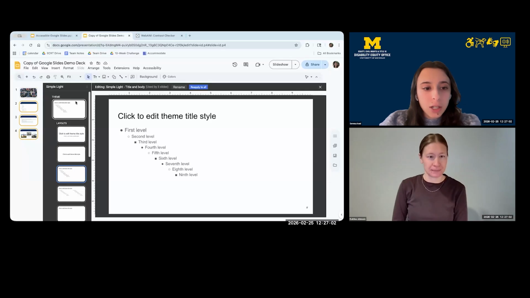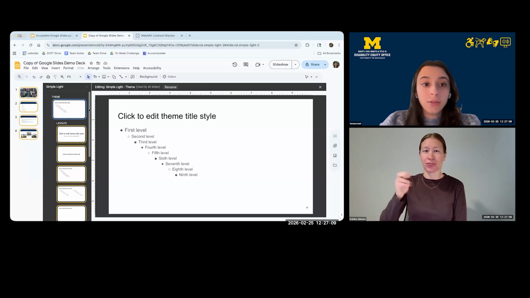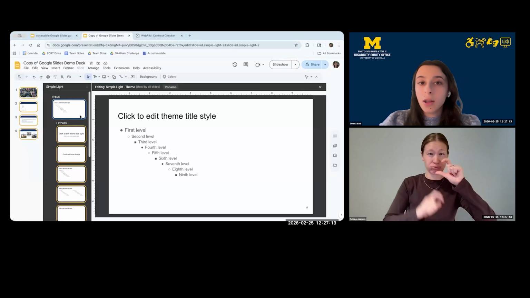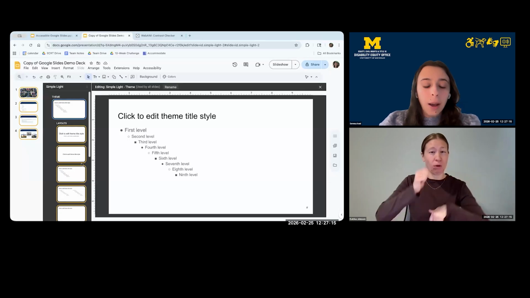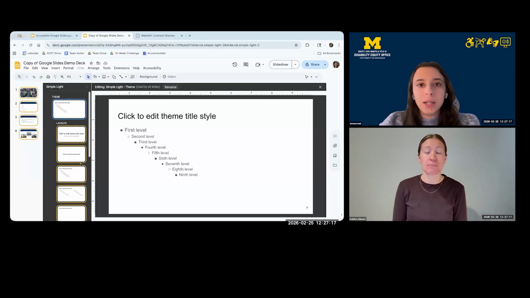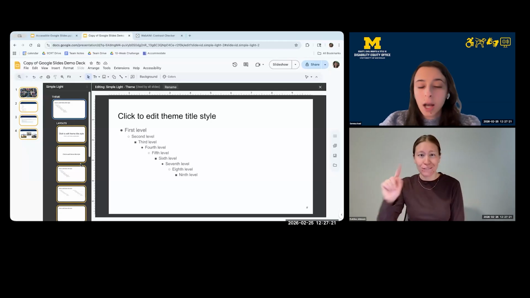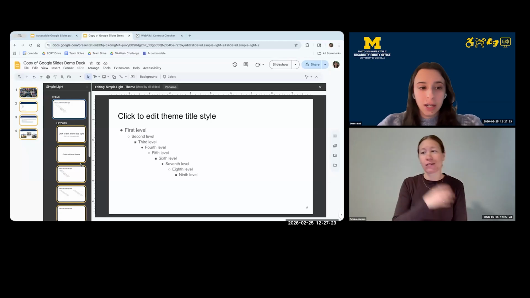If you make changes to this slide at the very top called theme, this will affect every slide layout option, so it will impact all of the slides in your deck. This is useful if you want to pick a different font or typeface or color for the entire slide deck.